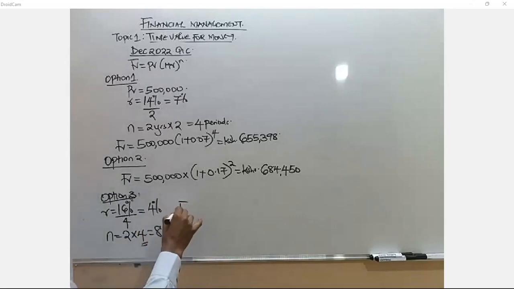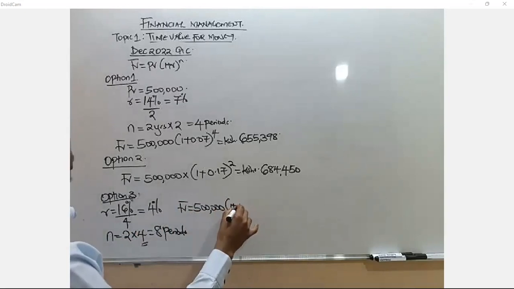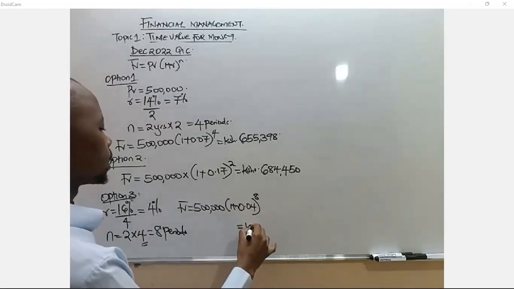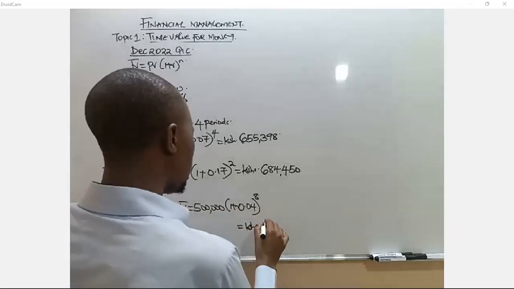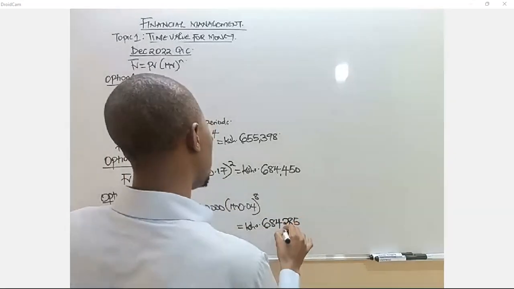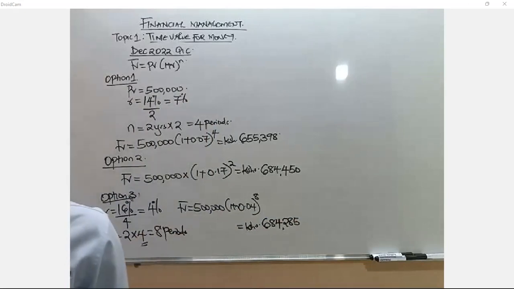So the future value now will be 500,000 times 1 plus 0.04, then we raise to power 8. How much is it in Kenyan shillings? Are you getting something closer to this? 684,285. The question will be, because the examiner is asking you to recommend the option,